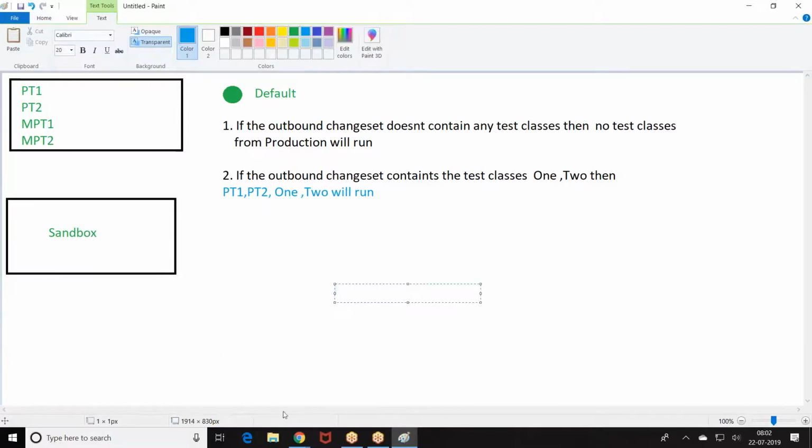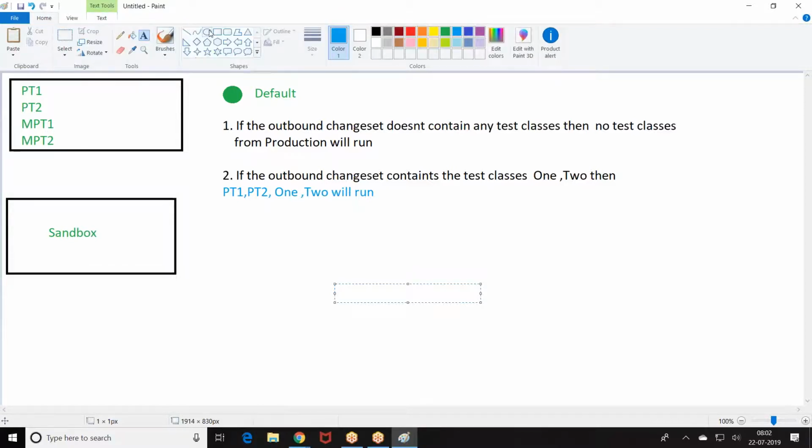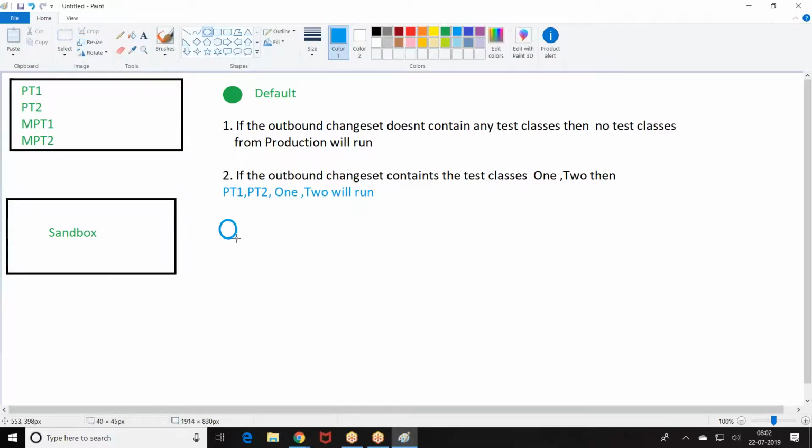The second option. What is the second option we have? Run local test classes.